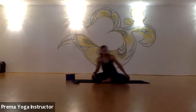Okay, coming into stillness, let the shoulders roll back, lift the chest, arch the back, and then just allow yourself to round forward of your arms, fingertips reach forward as you round into your back, chin to chest, and then shoulders roll back, lift,